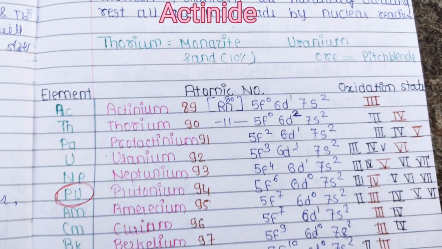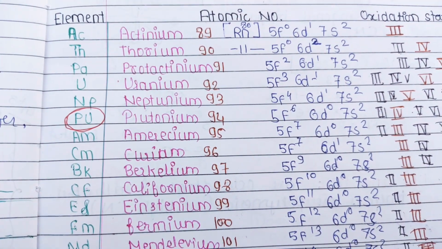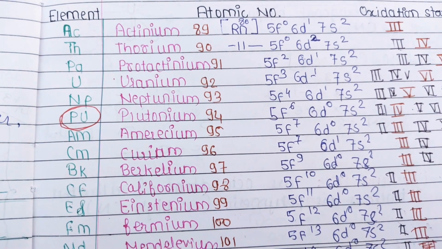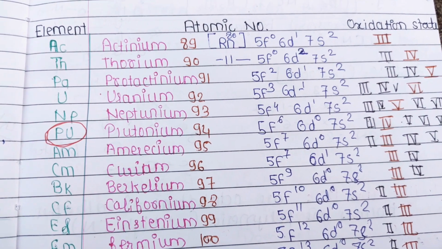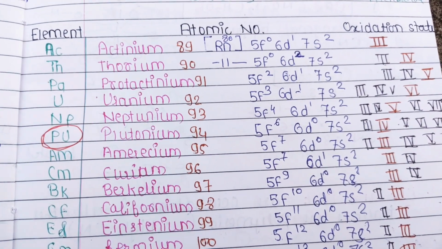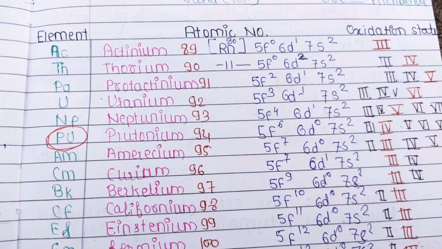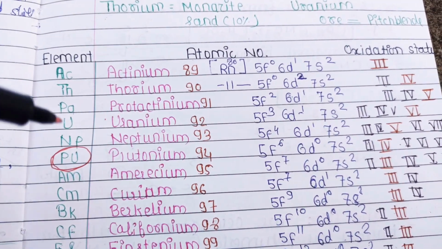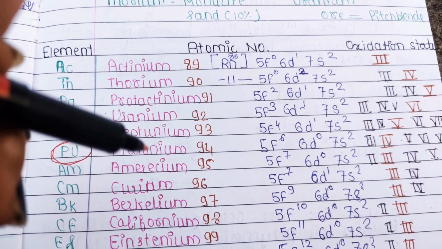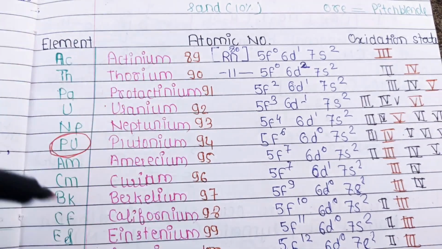One of the most important properties of actinides is that they are radioactive in nature. The elements in this series are highly radioactive. So what is this radioactivity? Wait for a while. Let me complete this general information, then I will explain what radioactivity is. Because of the radioactivity and heavy metal characteristics, they are considered toxic elements.